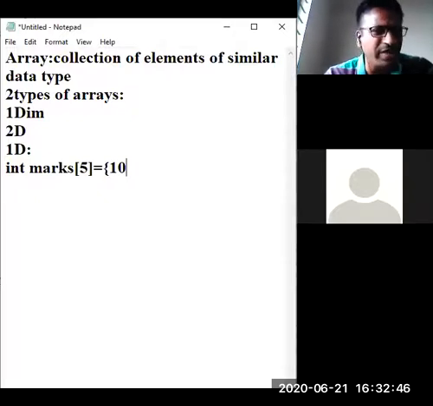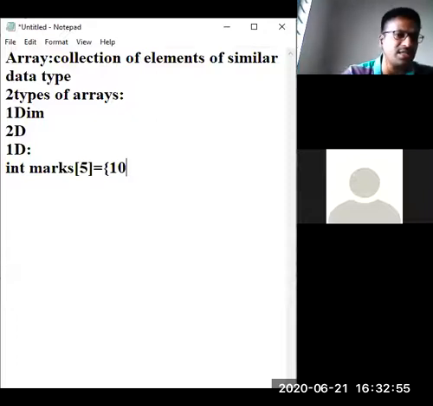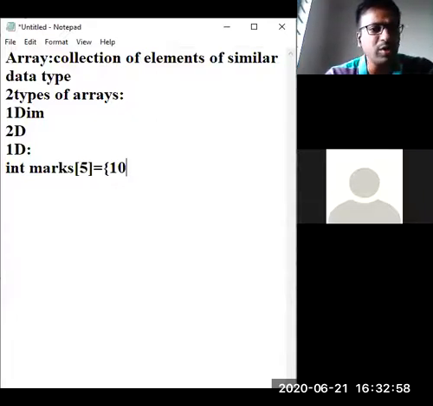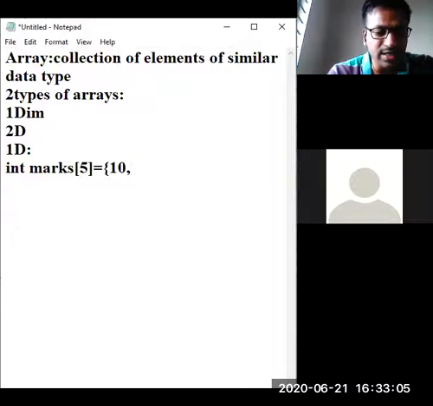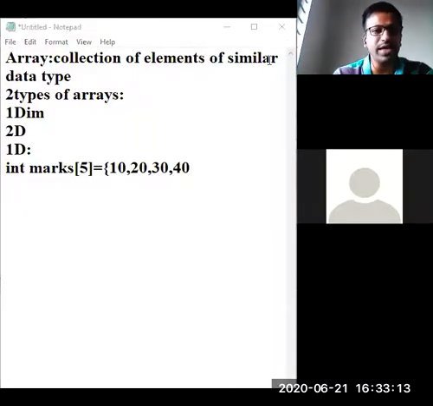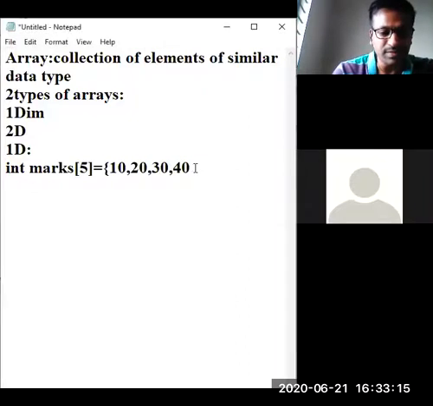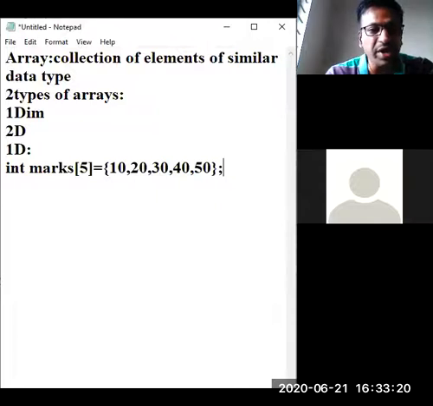Just like variable names, variables will be having names, you all know, int a comma b comma c, like that. We are using marks here as the name of the array, and the stipulated size which I have given is 5. So you can't go beyond 5. 5 elements can be accommodated. The maximum capacity given is 5. The first element is 10, and then I'm going with 20. You can give any integer here. Fine, I'm going with these number of elements. These are the elements present. Yes, 5 elements I have given. Fine.